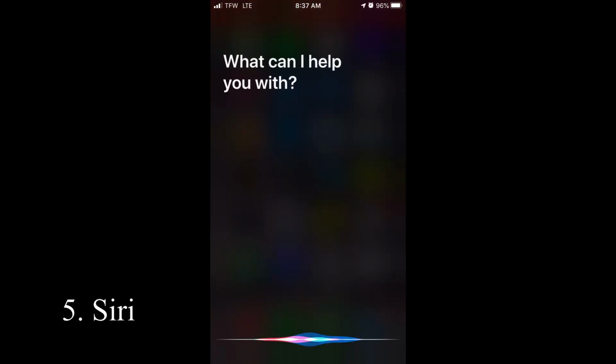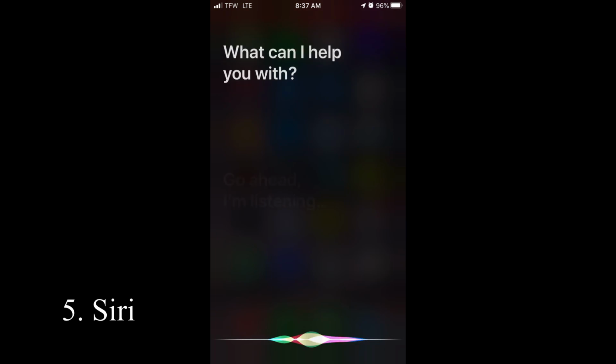And the fifth feature that I think is a great accessibility tool for a lot of people with physical impairments is going to be good old Siri. And if you use Siri, you know why. You can do almost anything you want with Siri. You can tell it, hey Siri,